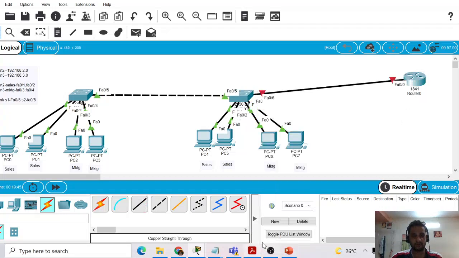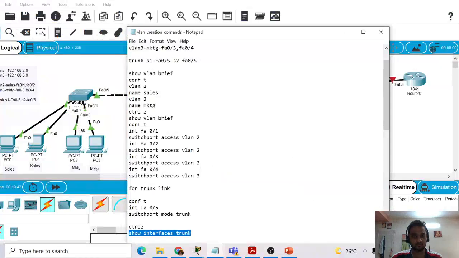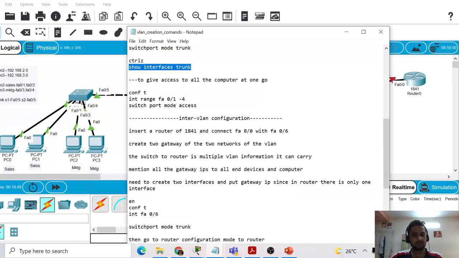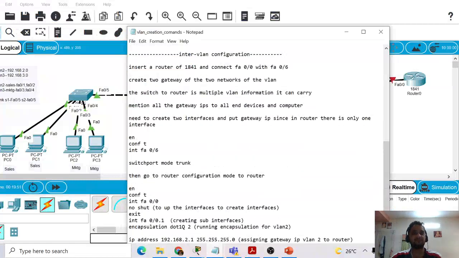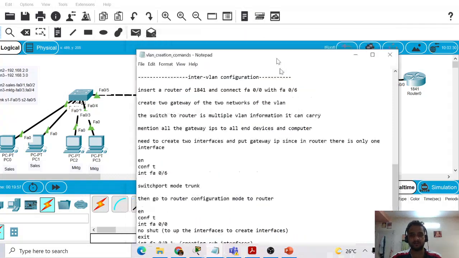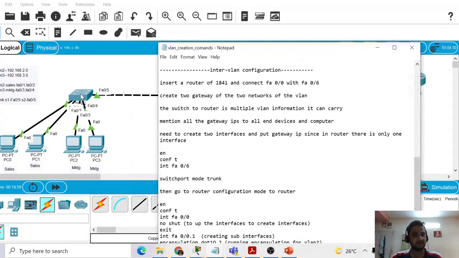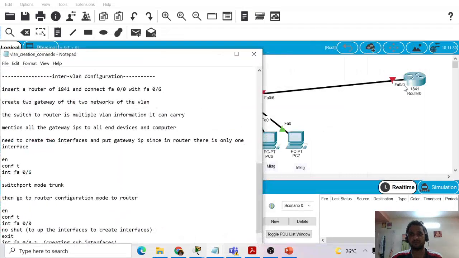So all these steps have been performed. In the router, create two gateways for two networks in a VLAN. So basically I need to create two gateways of the VLANs which I already created, 2.1 and 3.1, and I will mention all the gateway IPs to all end devices, which I have already done, and also need to create two interfaces and put the gateway IP, since in a router there is only one interface.